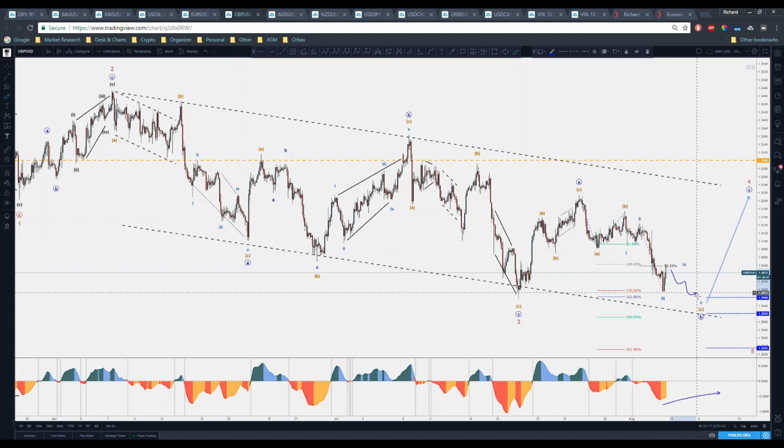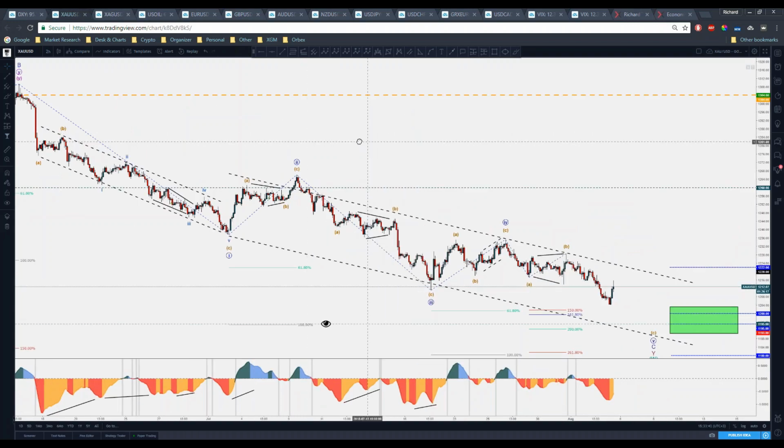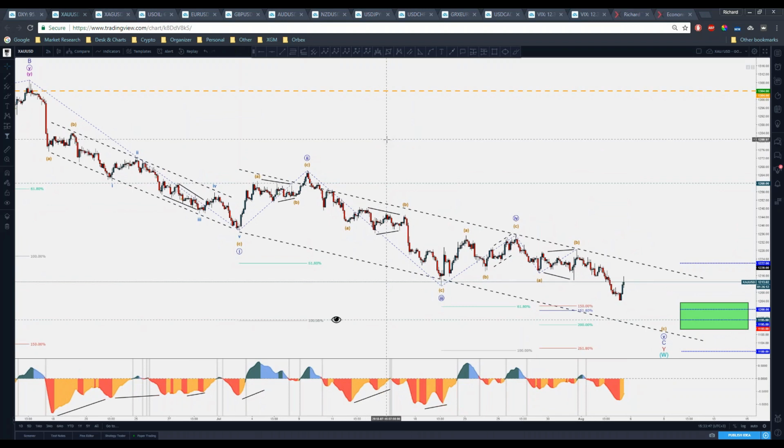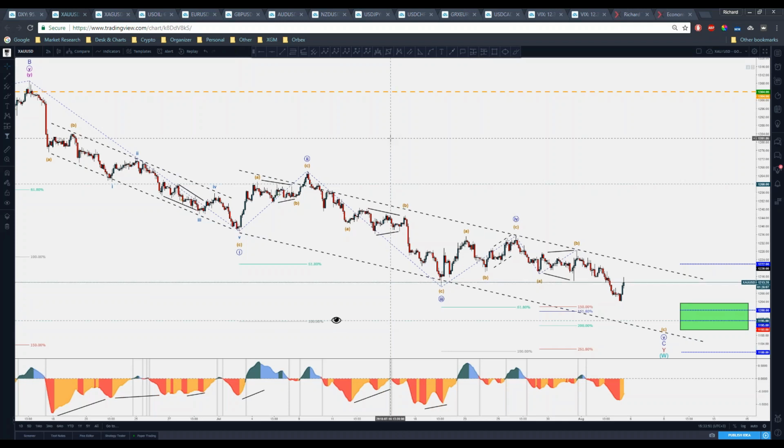So what if this could drop, tag the channel, maybe break it a little bit and then go, right? I would be happier and pleased with a proper bullish divergence at the end of the fifth wave. So I'm not going to draw conclusions right now. Now let's just continue with the analysis while the market is digesting this event live.